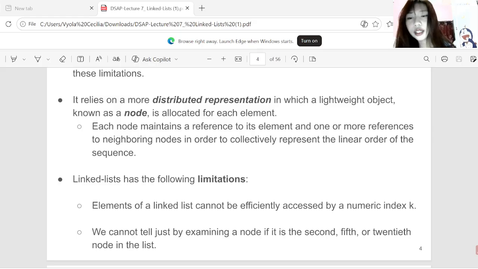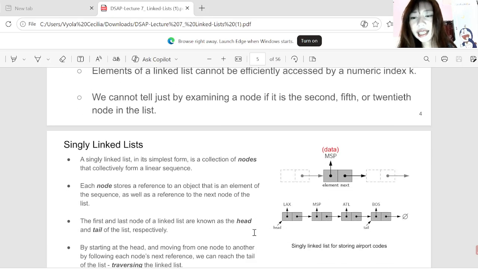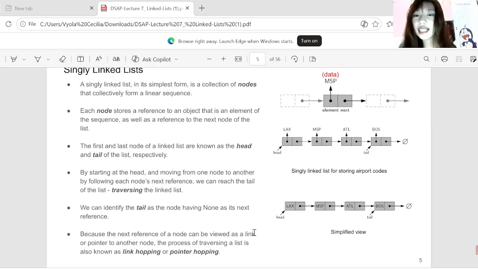Then in a single linked list, in its simplest form, is a collection of nodes that collectively form a linear sequence, and each node stores a reference to an object that is an element of the sequence as well as a reference to the next node of the list. Okay, and the first and last nodes of a linked list are known as the head and tail of the list,